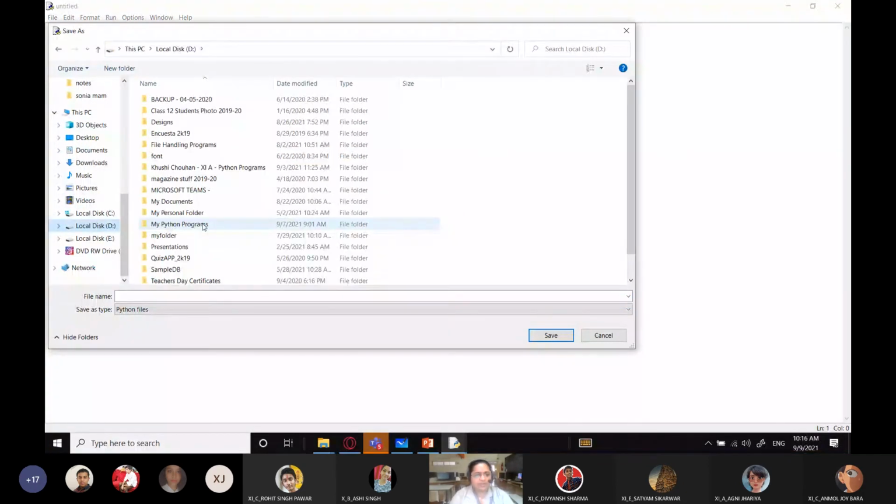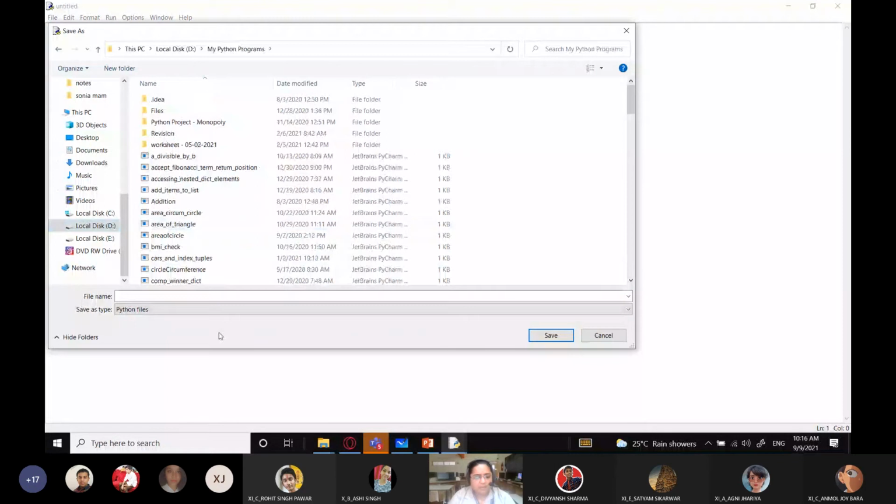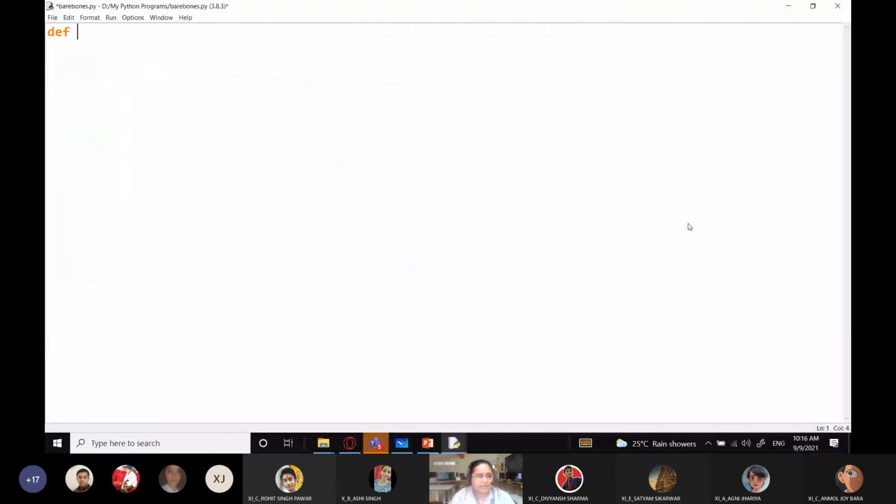So I'm going to save my program over here and name your program according to the work it is doing. So here we are learning about bare bones of a Python program, so I'm just using the term over here. Now a sample program I'm writing, please don't be confused because I'm going to define a function also.